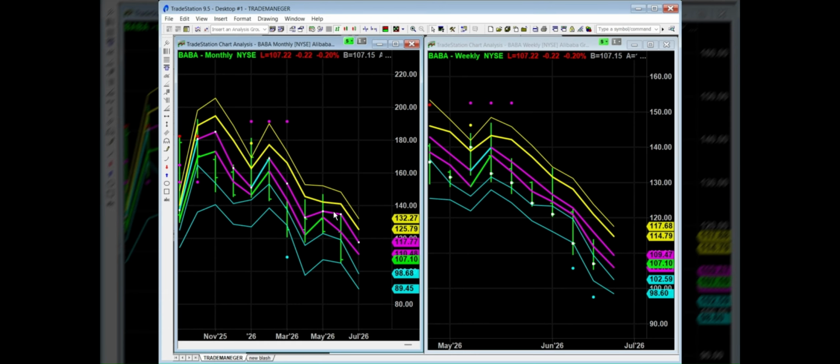It's a major resistance in this monthly chart, and then it started to drop, have a pullback,